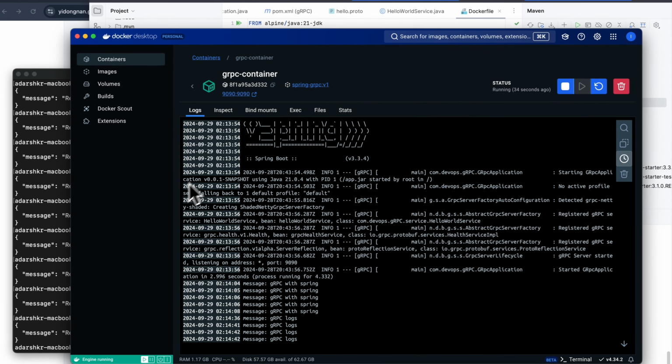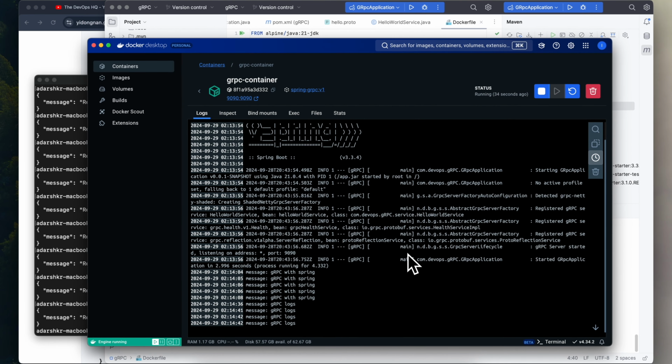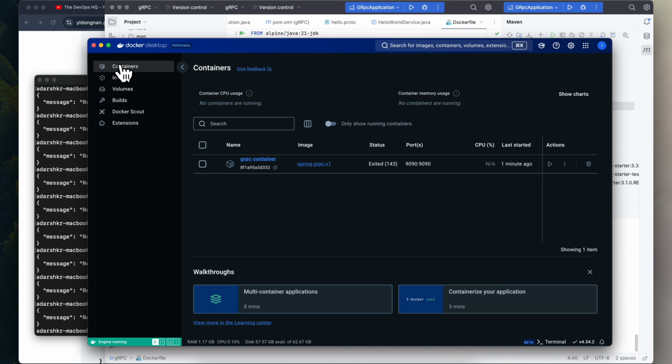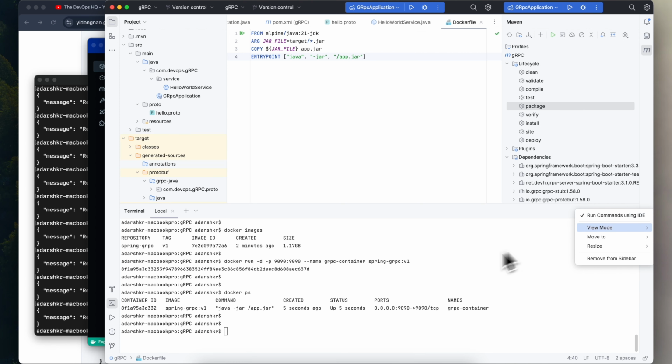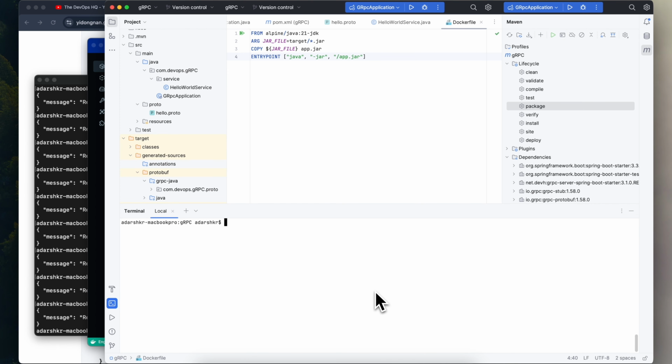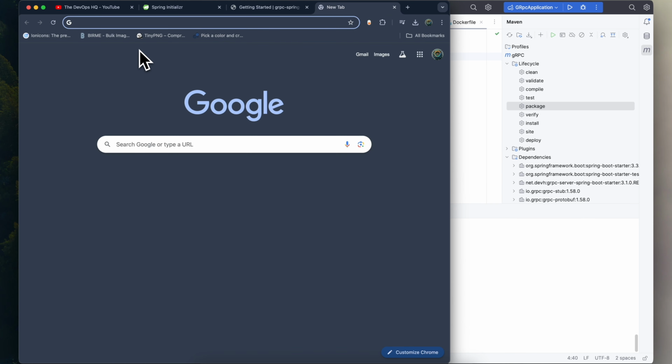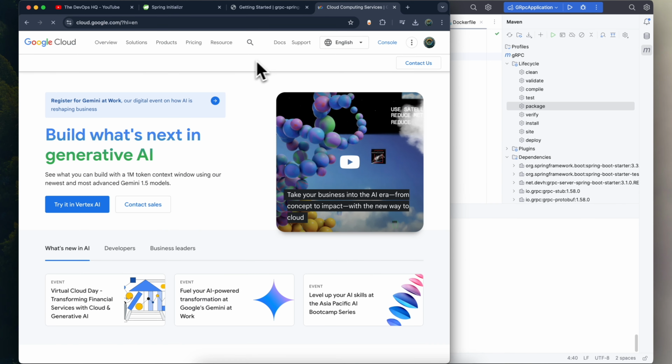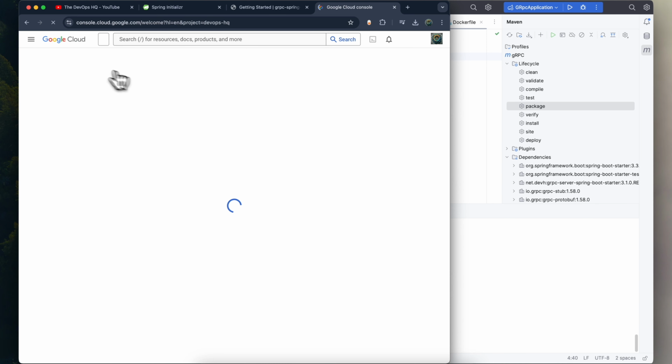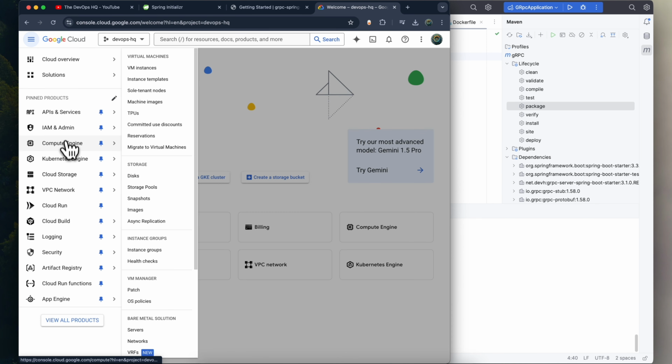So now let's push this image to the artifact registry, such that from there we will be able to deploy it into our Cloud Run service. So let's stop this container for now, and so we are at our home directory. And now let's go to cloud.google.com, sign into our console, go to the artifact registry,